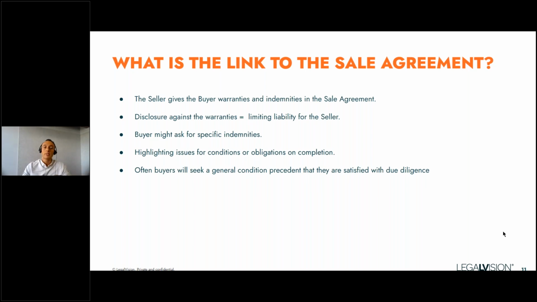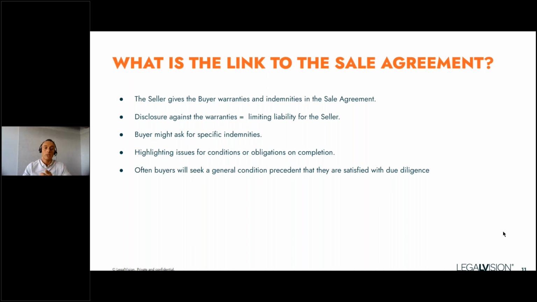Basically, there'll be a provision in the sale agreement that says something to the effect of the seller won't be liable for any breach of warranty claim to the extent that it's provided information and made representations within the various due diligence or disclosure materials. And usually what we're talking about there is all the information that's been uploaded by them in the data room. So from the buyer's perspective, it's really important during the DD process to be undertaking